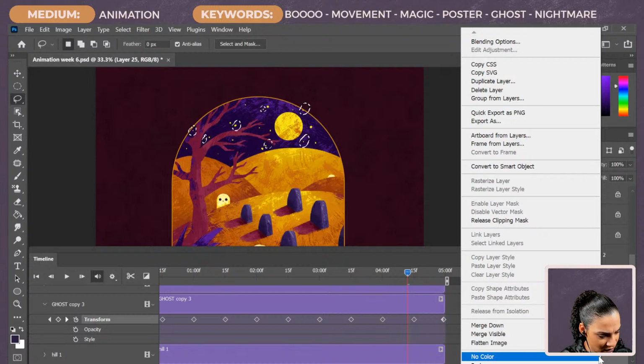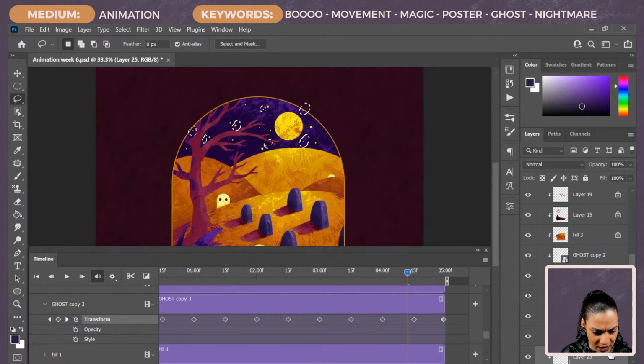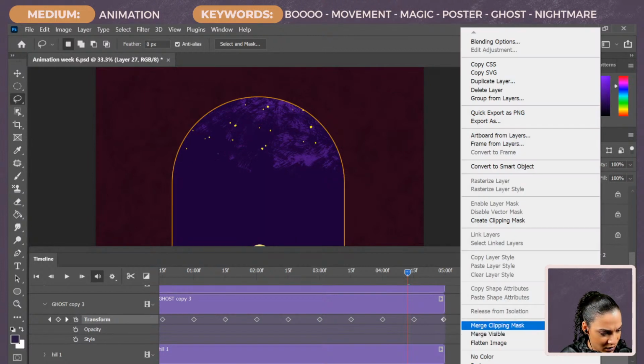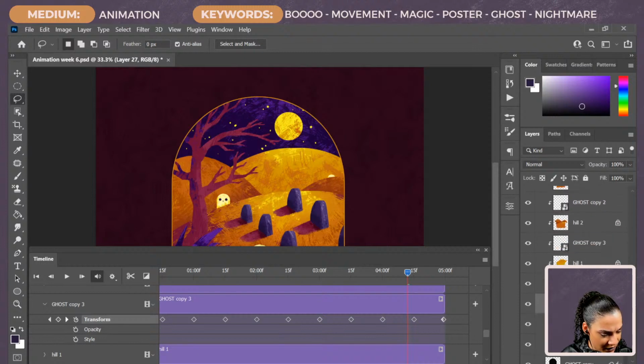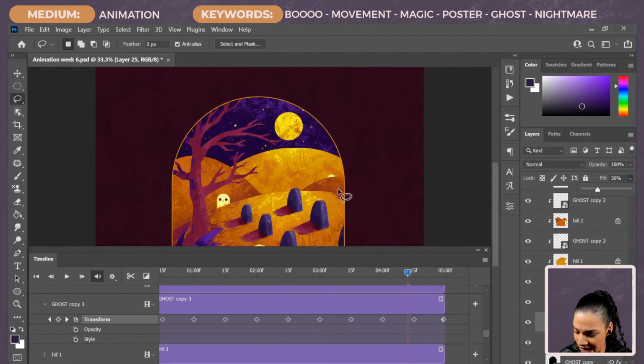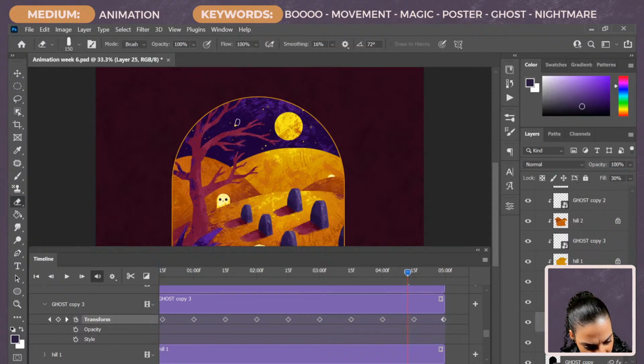Am I missing it? No, I can't. Let's see, let me duplicate them and create a clipping mask again. And then on this layer, I am going to turn the fill down just so I can see, and I'm going to erase these ones and turn it back up.